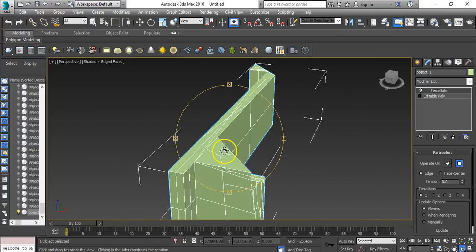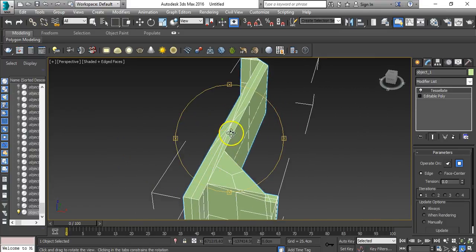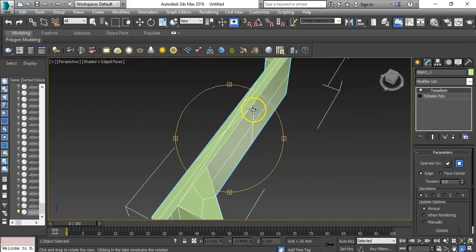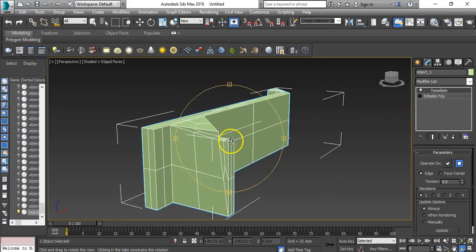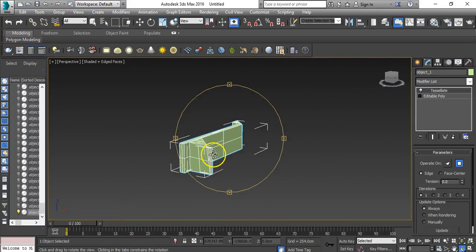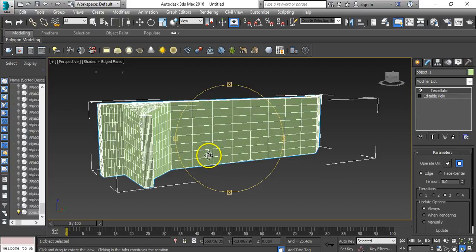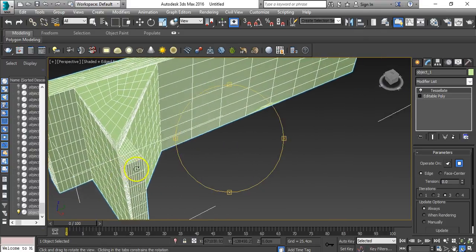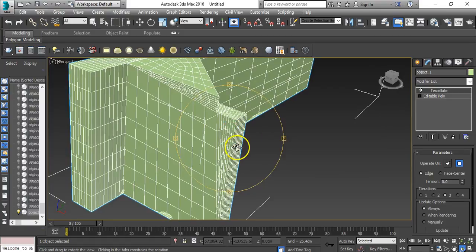All right, so you can see this is all divided in 4 by 4 edges here. Some are 3 because of the geometry topology. In this kind of case, definitely we are not going to use this, but I'm just showing you this, right, to add the segments here. You can increase this value here, and you can see how nicely it is creating edges here. There are some areas which are not actually good, but don't worry about this,